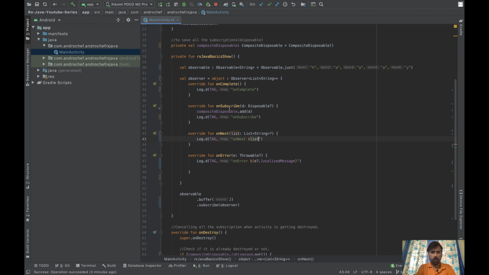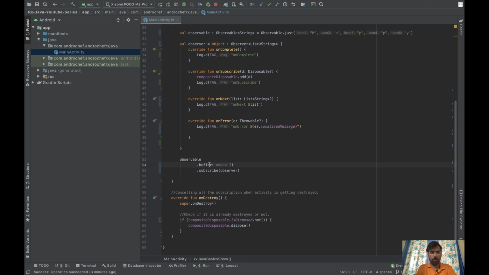So you will have all this value generated into two groups. So we'll check. Let's run.